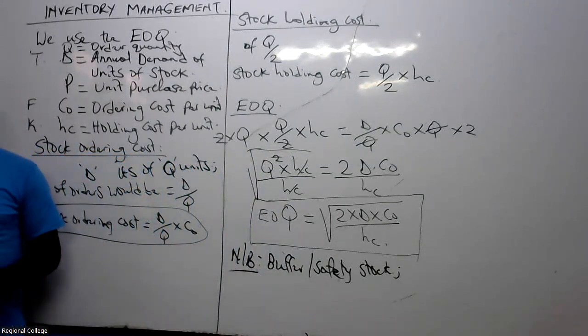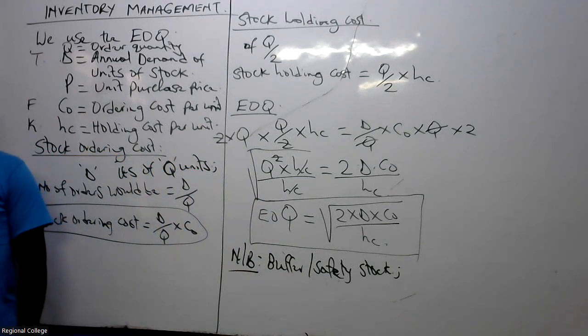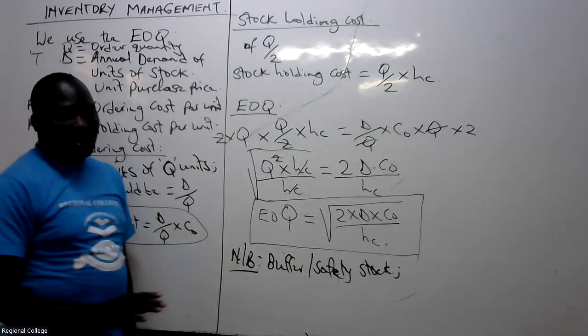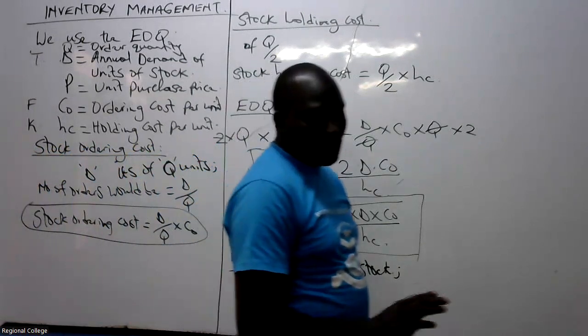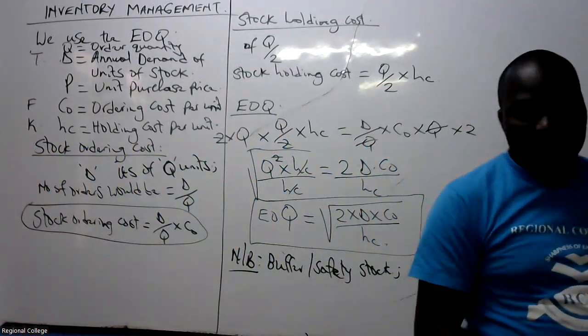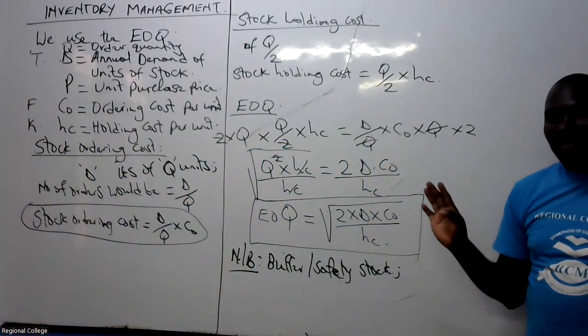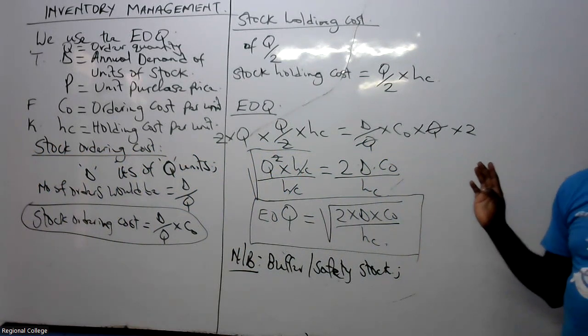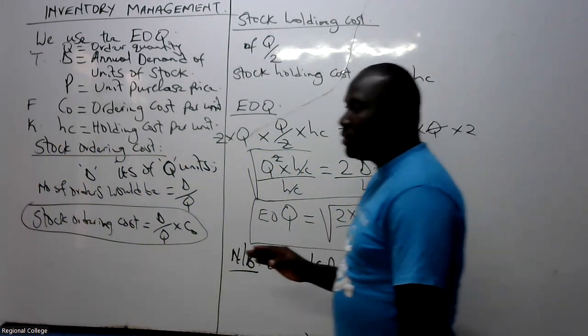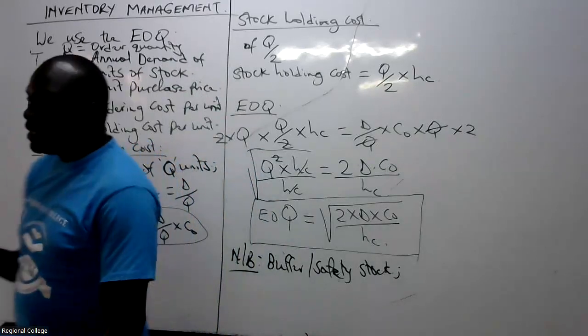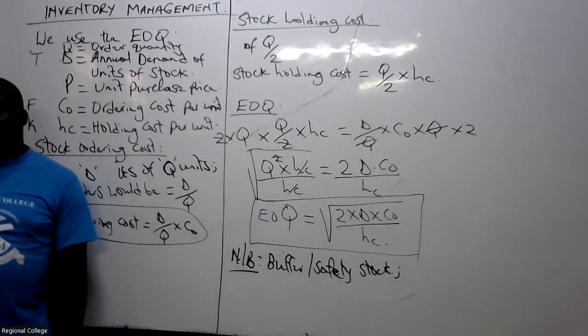Buffer stock is the stock we maintain. The buffer stock is basically the minimum stock level that the company is always willing to reach. When we reach that level of stock, then you are getting worried. We need to order. With the EOQ assumption, the company does not maintain any